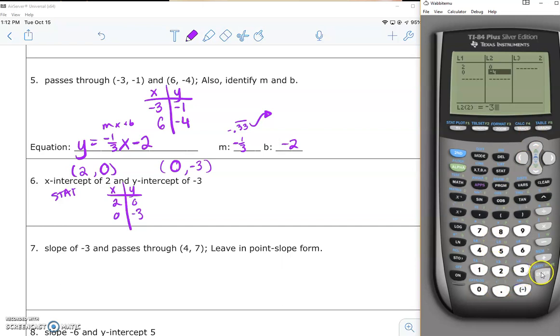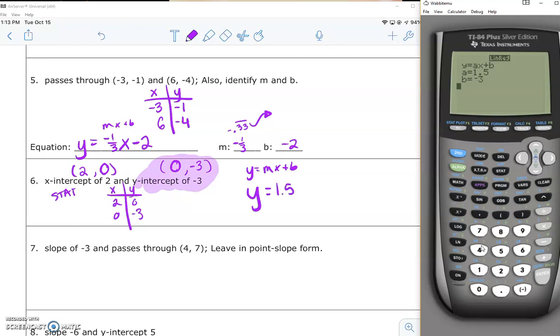Now, we want the equation in y equals mx plus b. A good check for ourselves is that we already know what b is. We know what the y-intercept is, so we'll know if we entered something correctly if we get that for our y-intercept. So stat, calc 4. It gives me a b value of negative 3, so that's good. Y equals, our slope is 1.5x